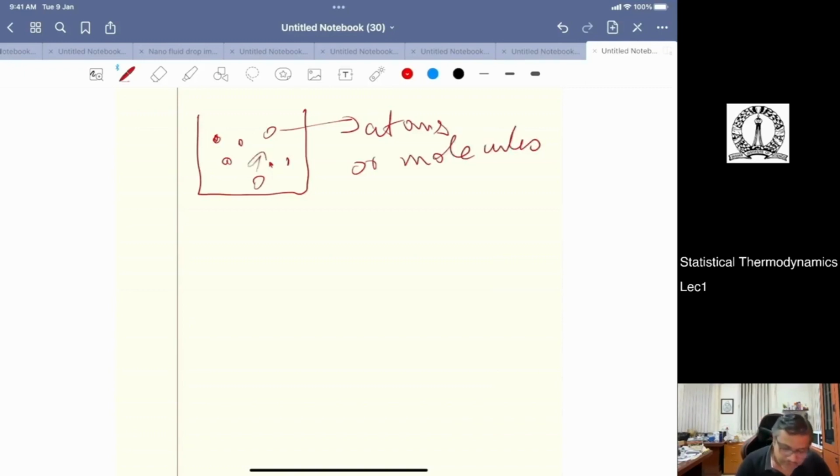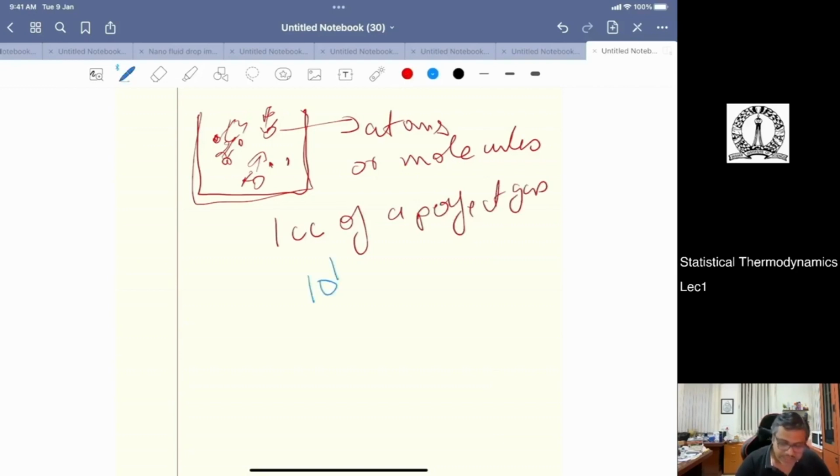These atoms and molecules all move around, as you know, in different directions. If they are placed in a container, for example, this is like a container. Now, even the simplest of systems, say 1 cc of a perfect gas,